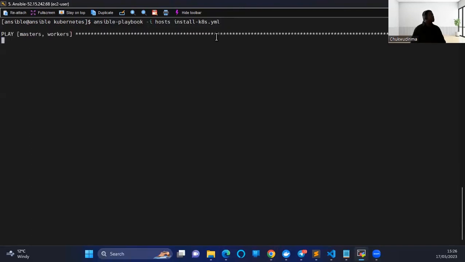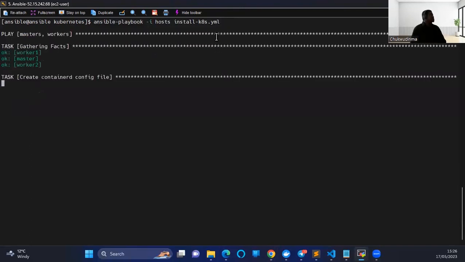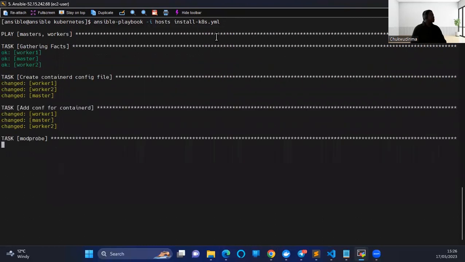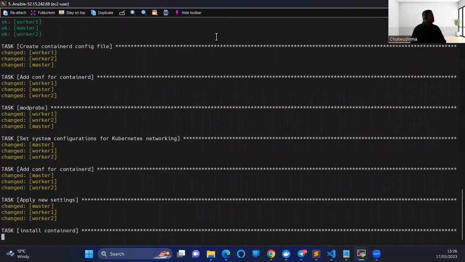This will install Kubernetes in all of the nodes. The play is ongoing. It's installing the containerd config file, containerd Kubernetes networking, applying new settings. This is going to take a moment, but the process will surely complete to install Kubernetes in all our